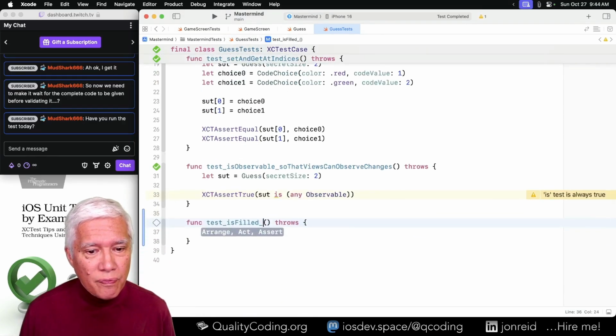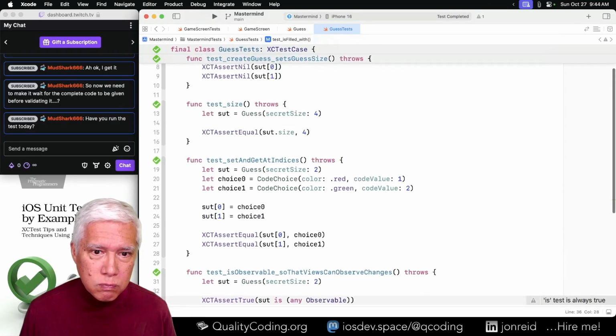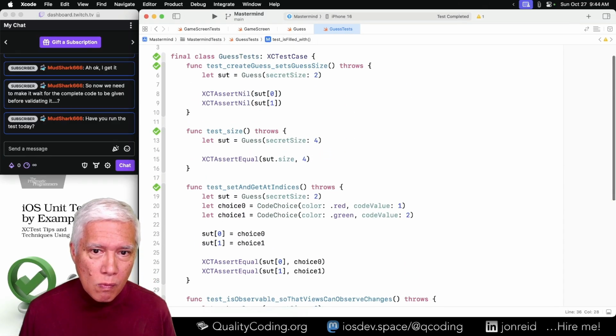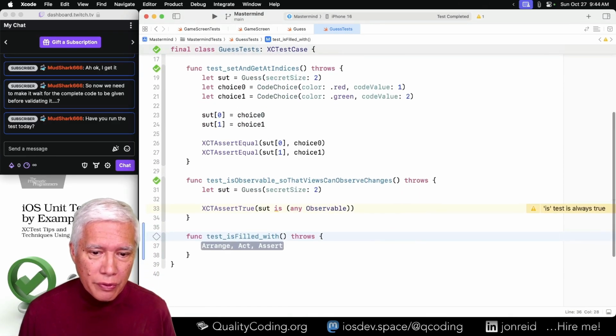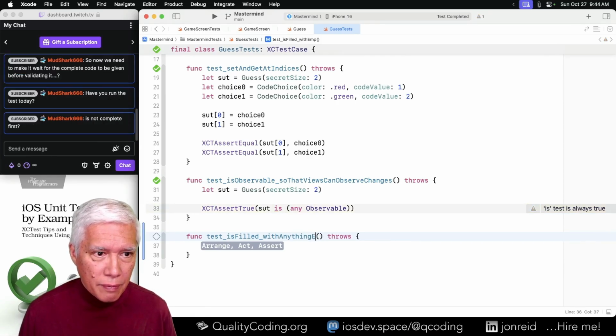Is filled should be false when anything empty is not complete.